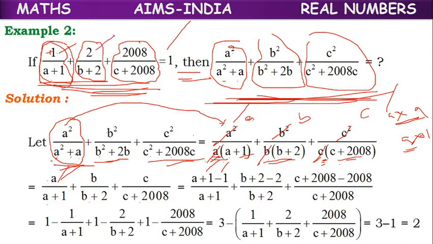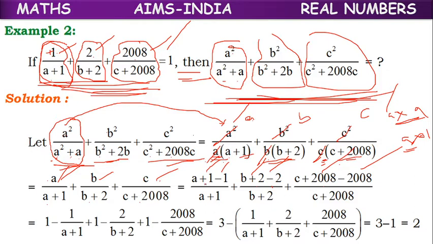Here in the numerator part, we have 2. So here we need 2. What we can do? 2 we can add, 2 we can subtract. Here also, in the numerator we have 2008, but here we don't have 2008. So here we will add 2008, we will minus 2008. Like this, we will change the numerator, because if we add and subtract the same number, the value does not change.